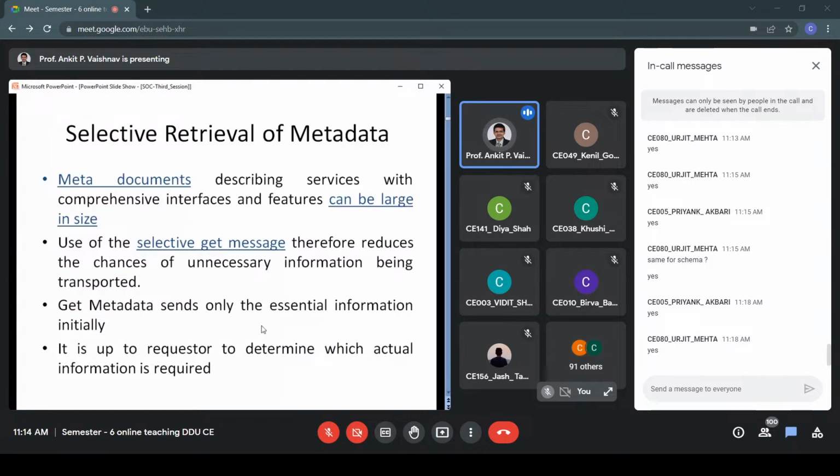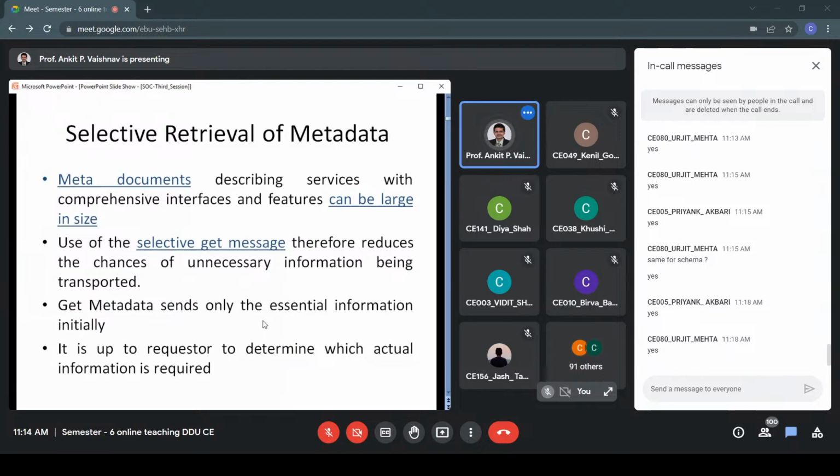Again, I'm repeating, this is in terms of theory. Every framework has implemented this metadata exchange standard in its own way. In WCF, they've implemented this in terms of the MEX endpoint. Through the MEX endpoint, you can access this metadata. If you are using some other framework, they might use some other technology. So it depends, but the concept is this. If you know the concept, you can easily learn the framework. That is the point in covering all these things.